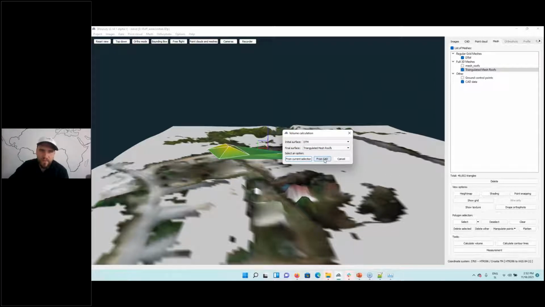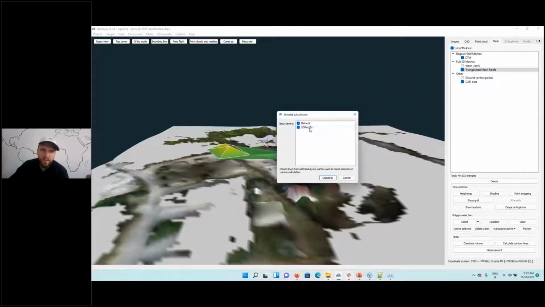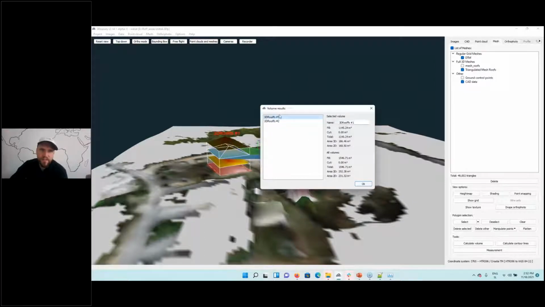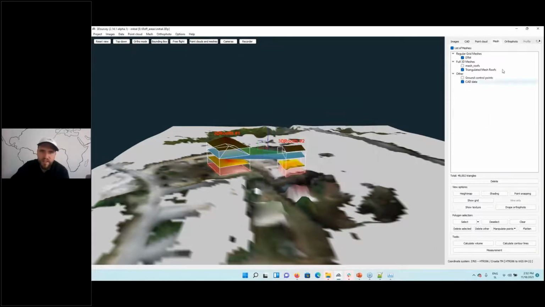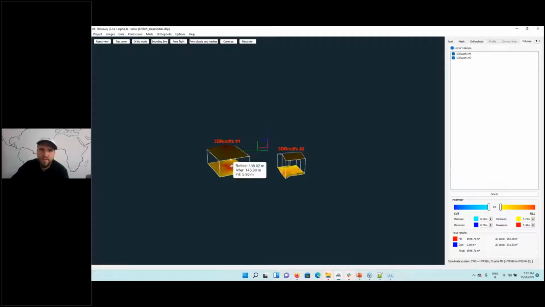We'll use this function from CAD, and that means it will take boundaries, so that's closed polylines from the 3D roofs layer, and for each closed boundary that it finds, it will make one volume. Let's calculate, and this is how we got two roofs, roof 1 and roof 2. Press OK, check the volumes, we'll turn off this mesh, go to the volumes tab,